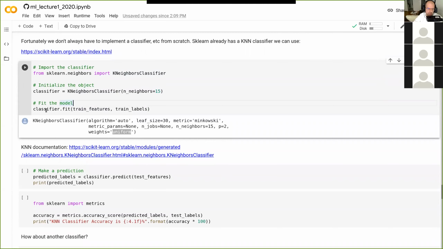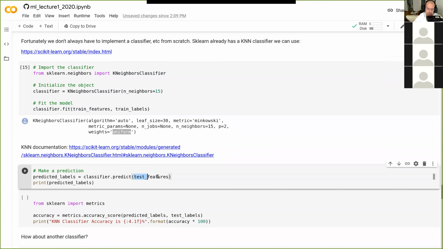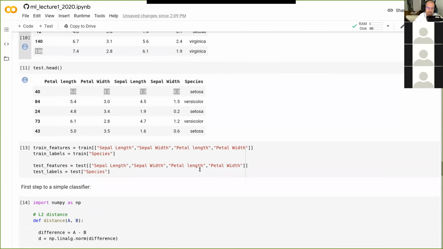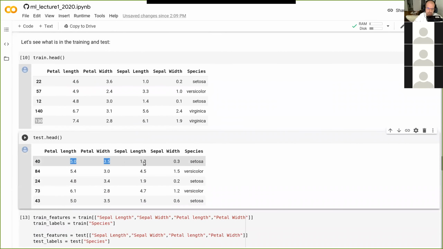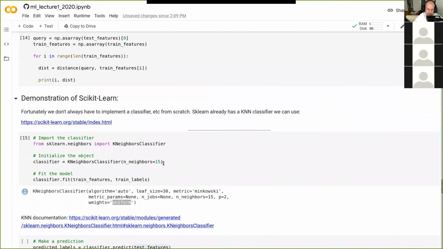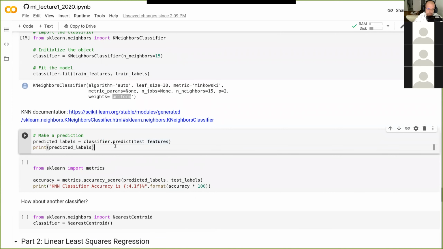Okay, so now we actually trained a model, and now we're ready to predict new labels. We can take the features from the test set, so that would be what we have here. We take the features here, and so on. Then we're going to ask the machine what is the species that comes out here. It's just going to calculate which are the nearest neighbors, and it's going to return the predicted labels. Then what I'm doing here is printing the predicted labels afterwards. So let's run this cell here.